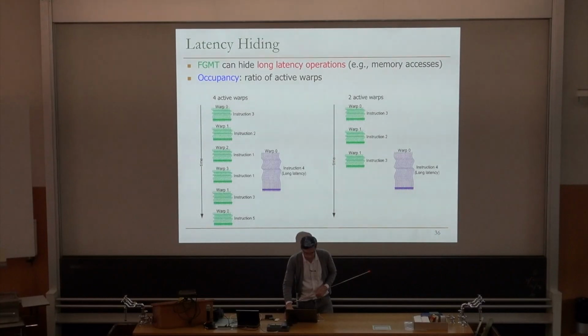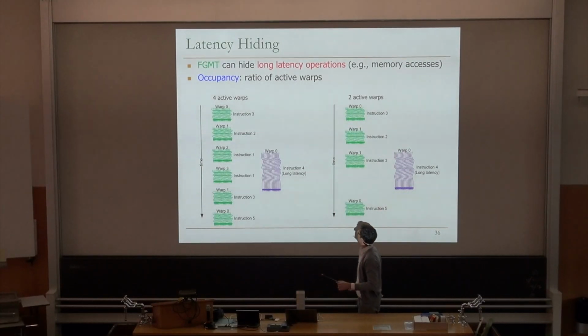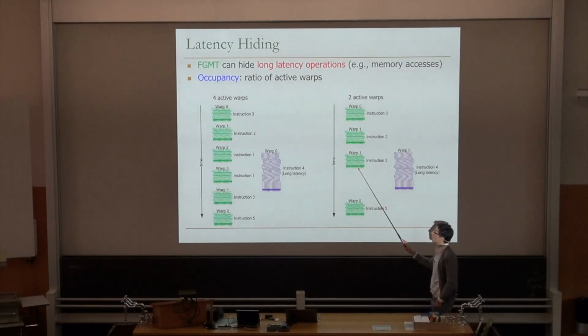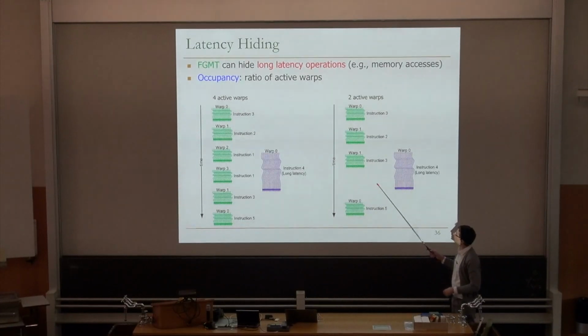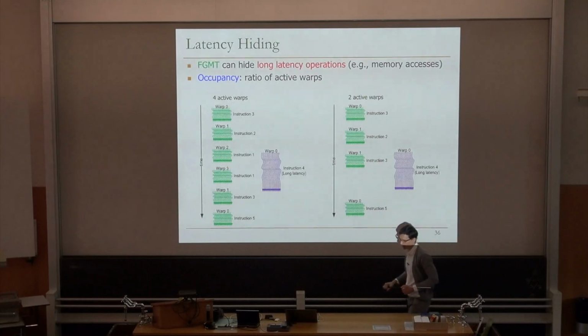And here, if we only have 2 warps, what will happen is something like this. At some point, there won't be more eligible warps, warps whose operands are ready so that they can be taken by the warp scheduler and the instructions issued onto the vector lanes. So we will have all this gap